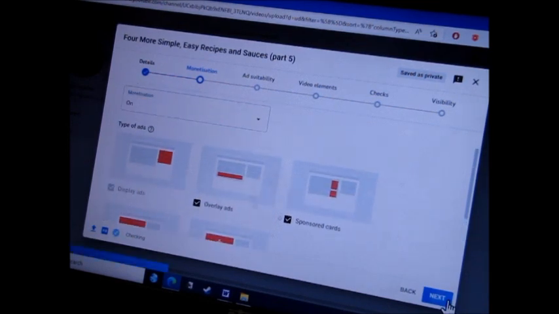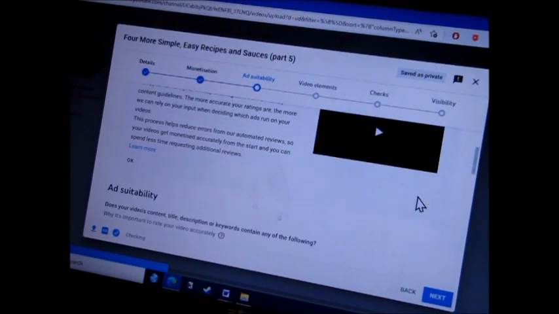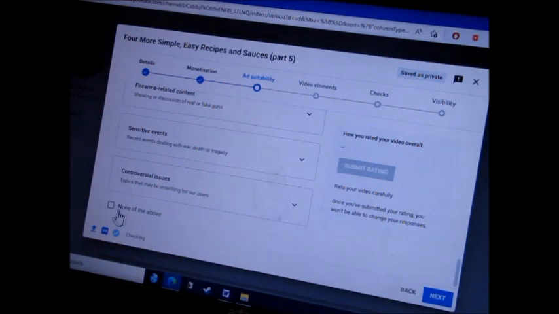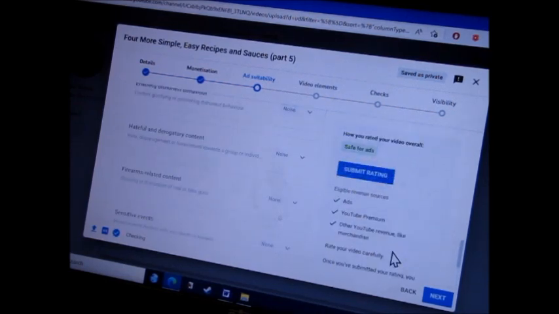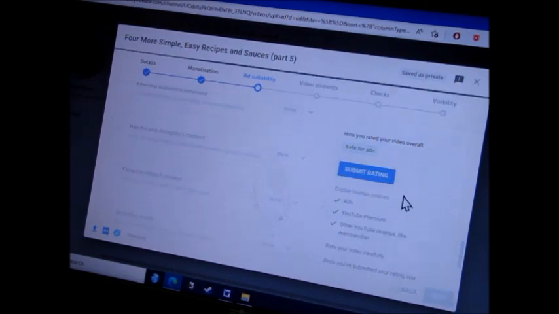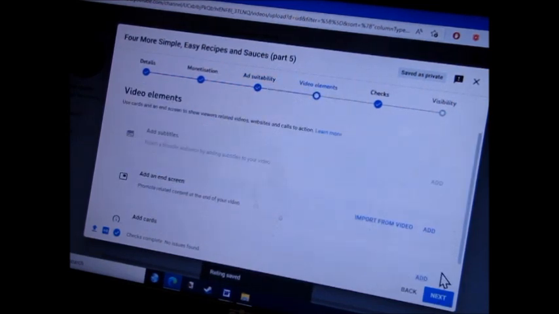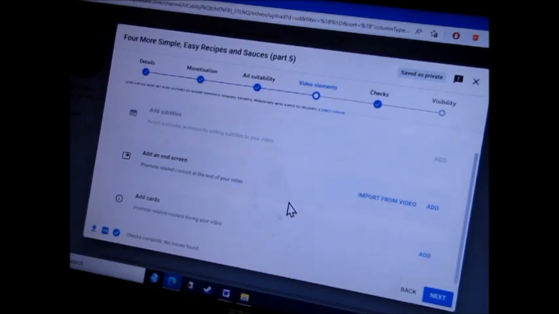Then I hit next, and I am permitted to do my own reviews, my own checks. They only check music, so I put there's nothing controversial, and then I hit submit up here. This has been rolled out through most channels by now. Then next down the bottom right, I was trial for that by the way, and then I don't do add